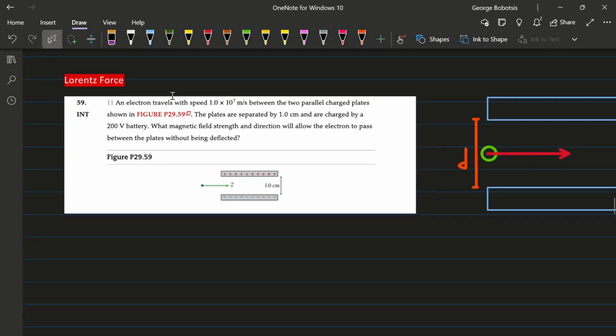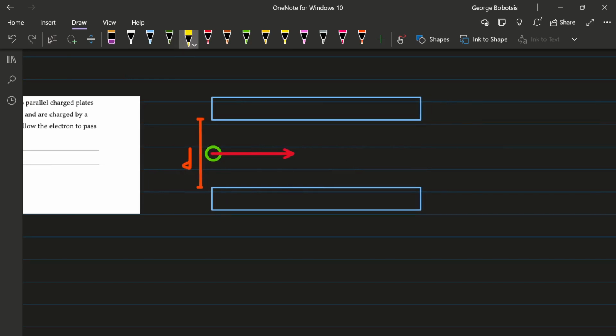All right. I call this a velocity selector. I've read the problem here. It's basically an electron that comes in with some speed between two parallel plates. Well, if the parallel plates have charge on them, I hope you can see